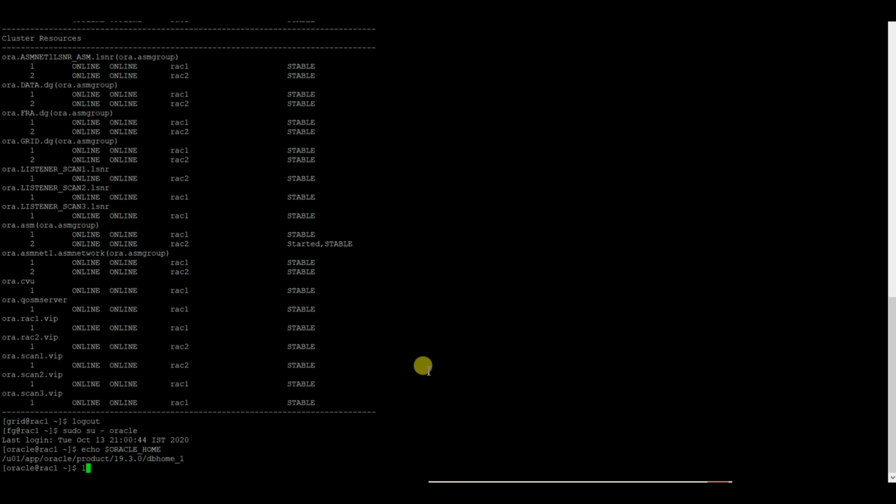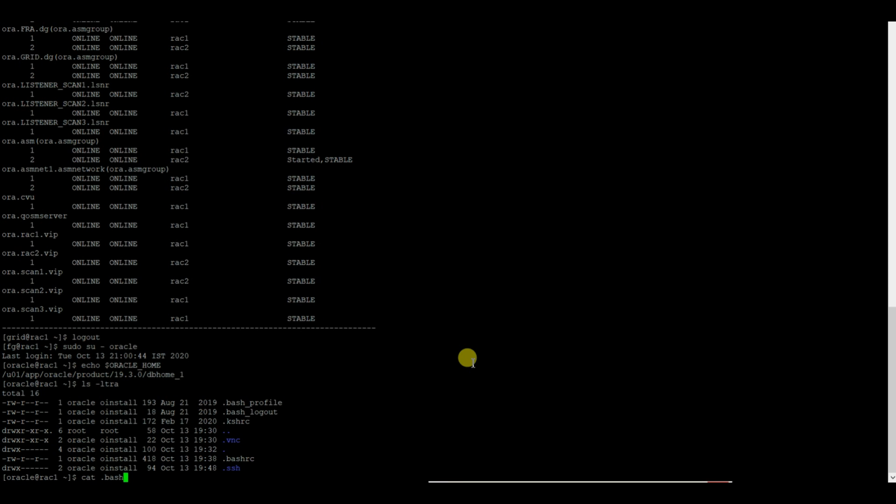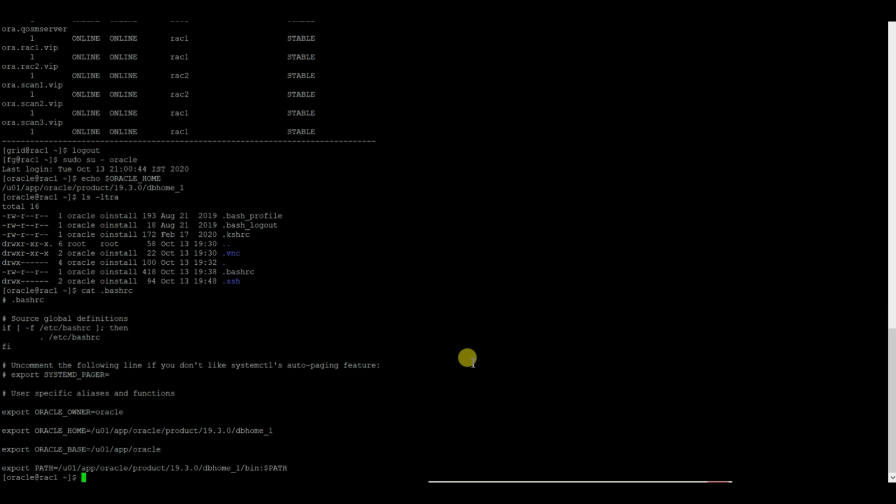Why is it set? See here in bashrc, which is the hidden file, in here the Oracle owner, Oracle home and base are mentioned except the Oracle SID. So after creating your database, you can mention the Oracle SID also in here.